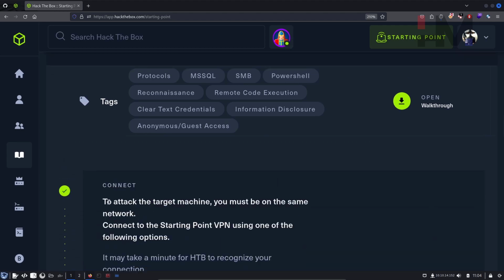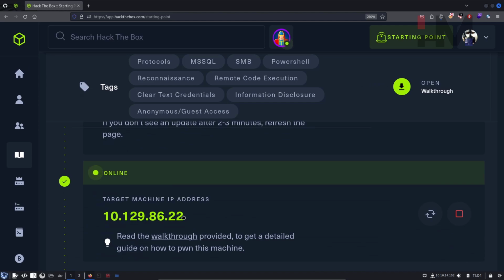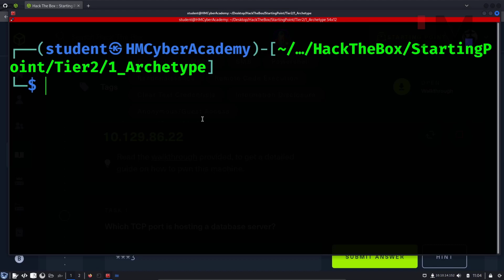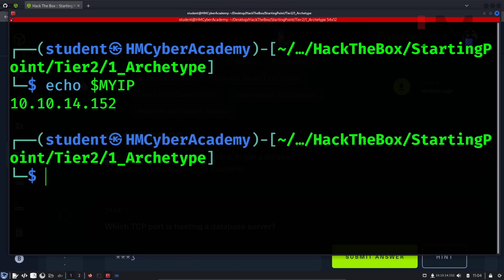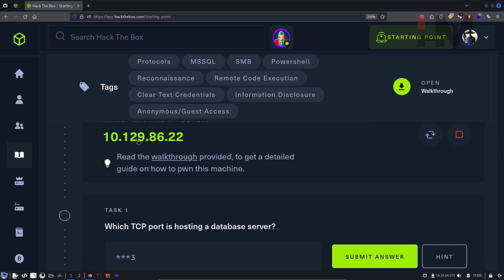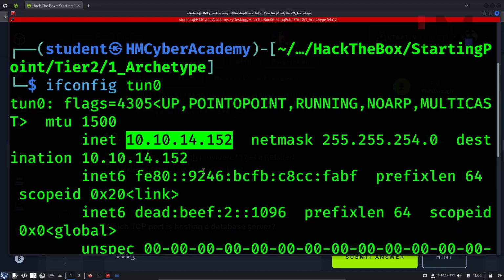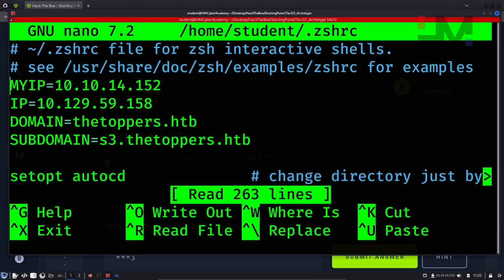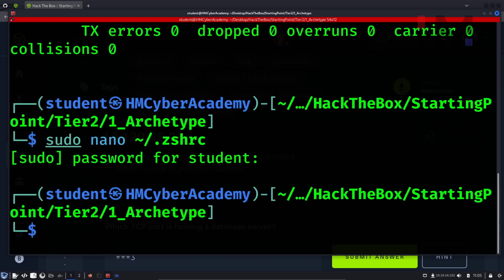So first of all, connect your VPN. I have already done it. And next is spawn this machine. I have already done that. So first of all, you change your IP addresses, echo $myIP. So you captured this IP address and say sudo nano zshell rc, and here you change this IP address and save it. Once you save it, previously we have said that you need to restart this terminal like this, but